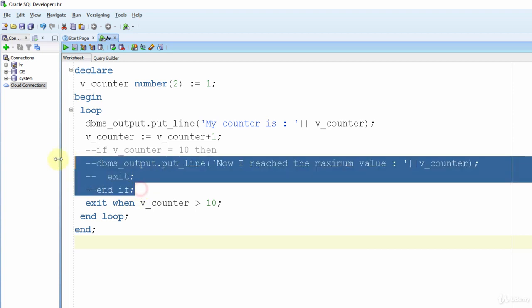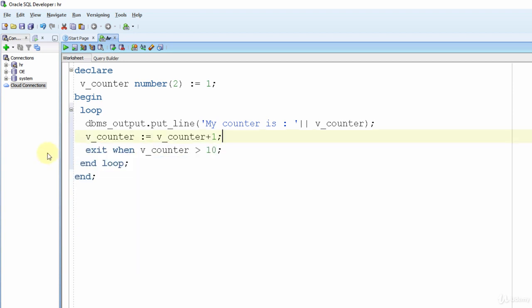So at first I'm deleting these comments, and I am now deleting loop and writing while v counter is smaller or equal to 10. We use while loops like that: while, then our condition, and then our loop keyword. Now that is all. Now let's finish that with 3